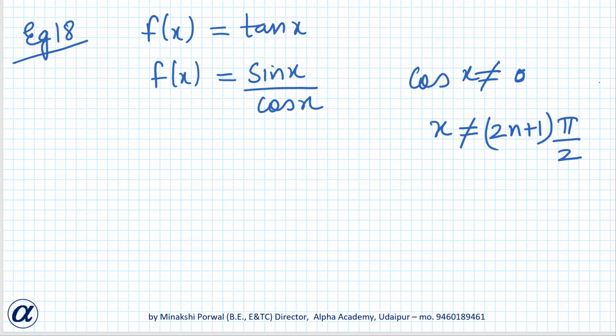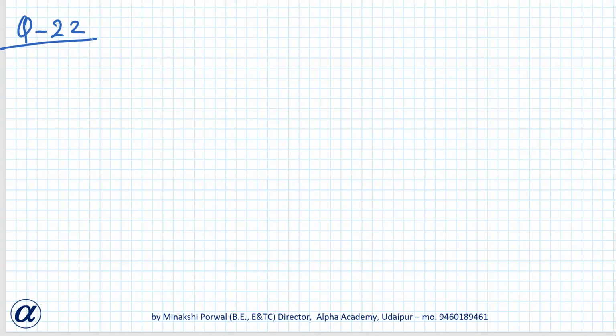Then coming to the exercise, the composition of functions part we'll do in the next class. Before that, we'll do the questions based on what we have seen today. So question number 22: discuss the continuity of cosine. Now we have to discuss fx equals cos x, and you can prove that it is a continuous function. Cos x can be proved, like sin x, which we did in the second part of question 21.